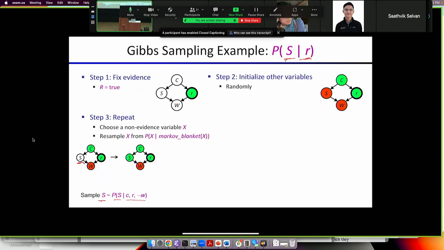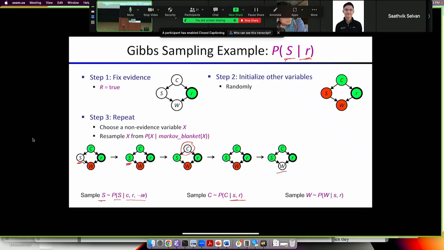We get a new value. In this case, S becomes true. So now we have a new state. We choose a new variable. In this case, we choose cloudy. We sample cloudy given its Markov blanket, which is sprinkler and rain. We get a new value. In this case, it's true. Choose another variable, wet grass. Sample that given its Markov blanket. Get a new value, false. And just keep doing that for a while